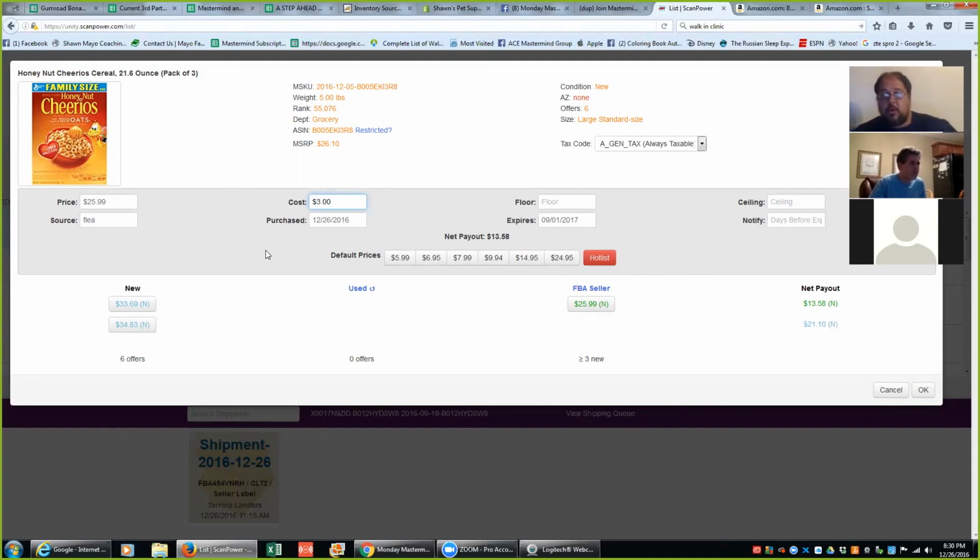Okay. So everything is right here on one screen. You know how many sellers there are, if Amazon's selling it, which they aren't, condition, rank, what category it's in. If you want to check restricted, you can click on this. It'll take you right into Seller Central, the listing page, so you can check to see if that product's restricted to you. Well, I hope you already know that before you buy it, but